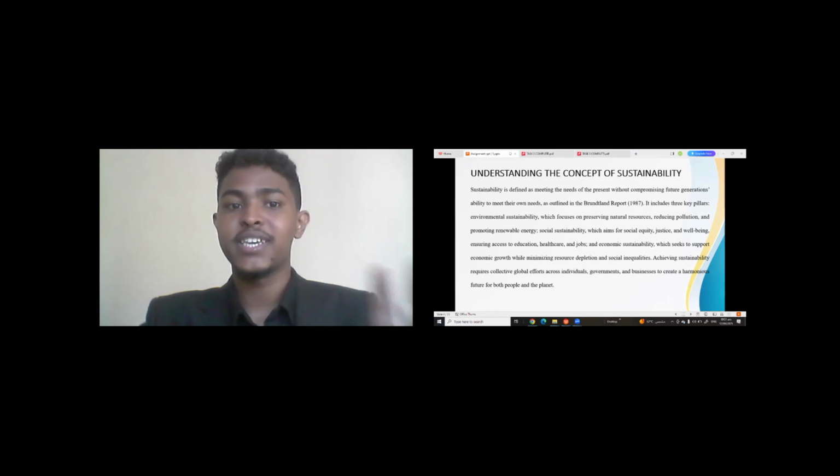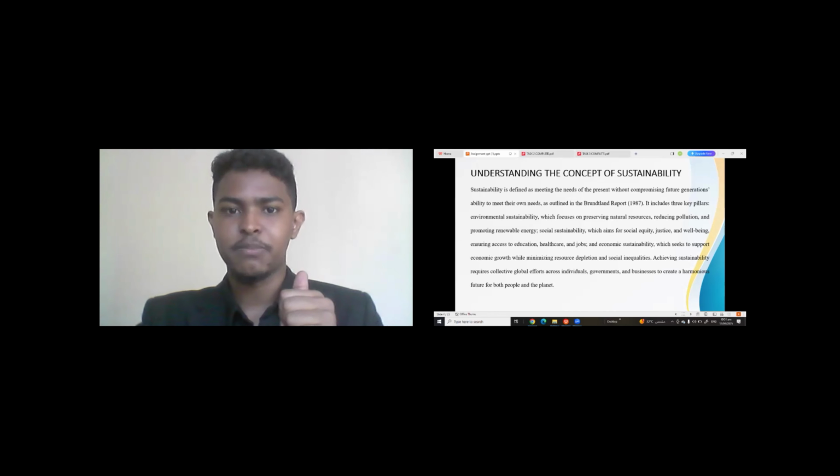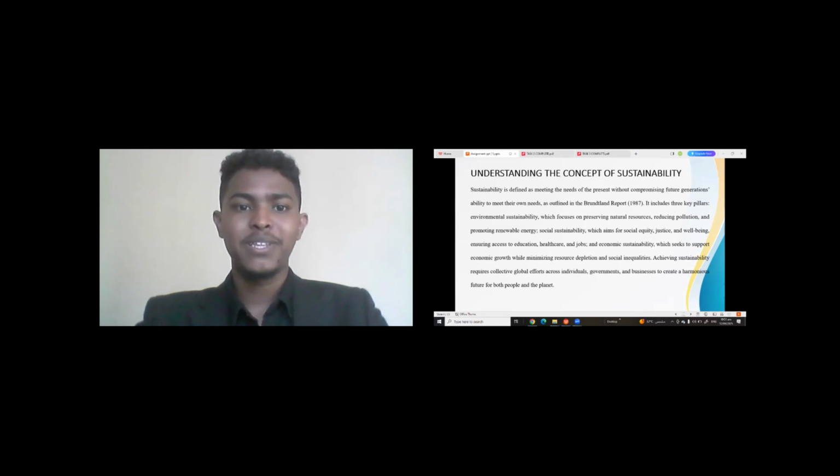It includes three key pillars: environmental sustainability, social sustainability, and economic sustainability. Environmental sustainability focuses on preserving natural resources, reducing pollution, and promoting renewable energy, while social sustainability aims for social equity, justice, and well-being, ensuring access to education, healthcare, and jobs. And the last one, economic sustainability, seeks to support economic growth while minimizing resource depletion and